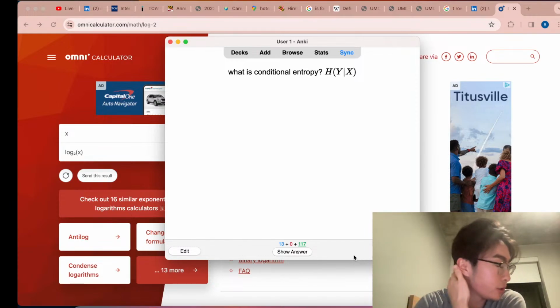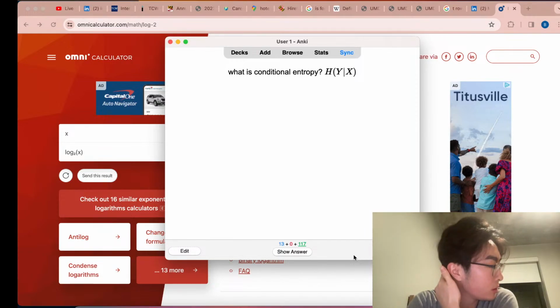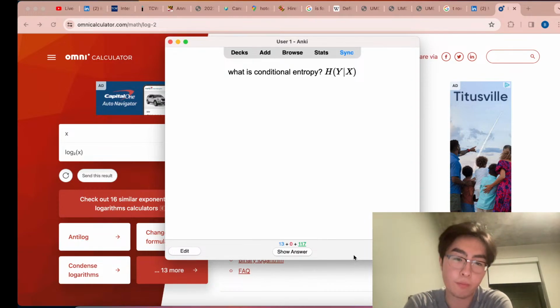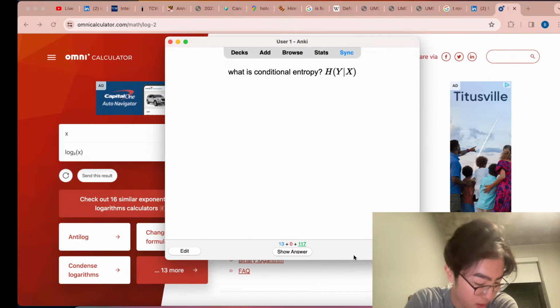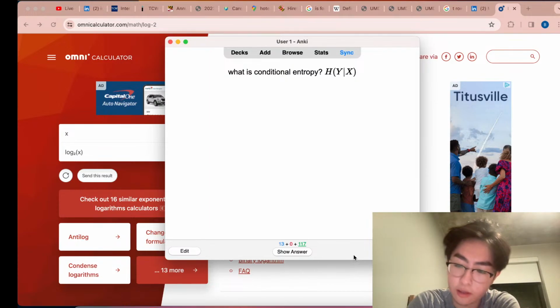So 2 raised to the negative 1 is going to equal whatever. Okay. Yeah, I think I'm getting kind of carried away here, but the conditional entropy I think is going to be